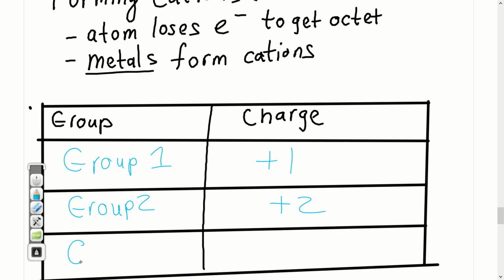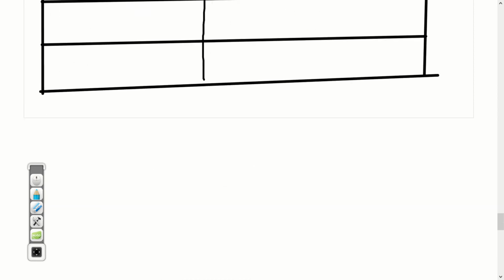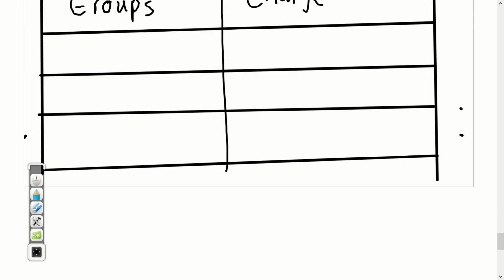Then we go to the other side. I'm going to say group 13, because that's where aluminum is. The boron group, okay? They're going to be plus 3. Again, pay attention to the second number in the teens. Group 13 is positive 3. So metals like to form cations. They like to lose electrons. They don't hold on to them tightly. And we just go by group: plus 1, plus 2, plus 3. Okay? On the anion side,